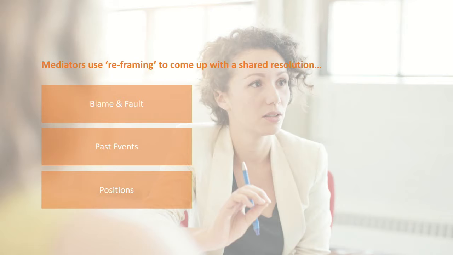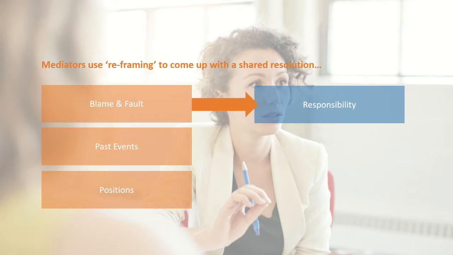So this is where we tend to start in a conflict, and this is where we would tend to be when mediators come across a dispute, hearing people blame each other, attribute fault to the other party, talk all about the history, including bringing along printouts of hundreds of emails and various other pieces of written evidence from their point of view, and also restating positions and asserting their positions of saying what has to happen. What we're doing as mediators, we're trying to get people away from this place of blame and fault, which is perfectly understandable, but to help them into a place of thinking about a shared responsibility to make this situation better.